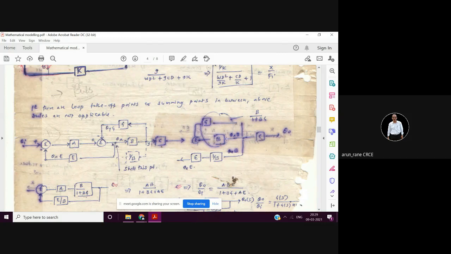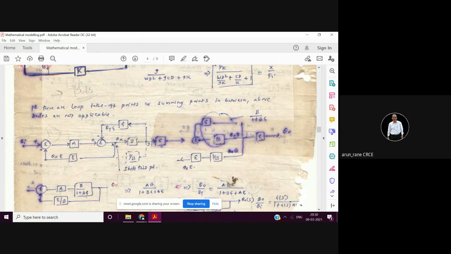See, after this is a block diagram, right? So you have theta x, which is the input, so that will get multiplied by b. So after b it will be theta x b, correct? Now if you are adding here 1 by b, so theta x b into 1 by b, that will be theta x, which is nothing but this takeoff. You cannot alter this. This has to remain the same.